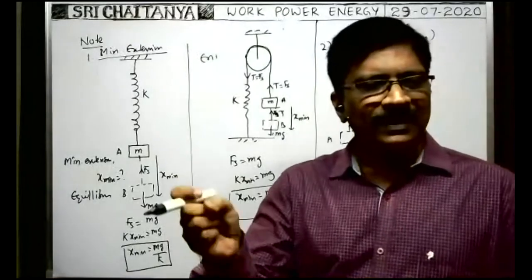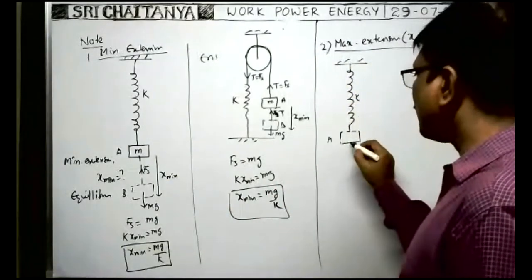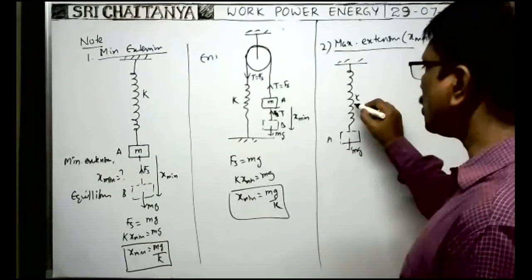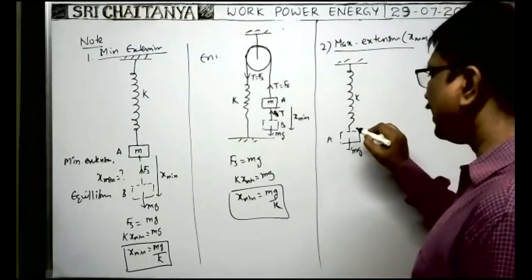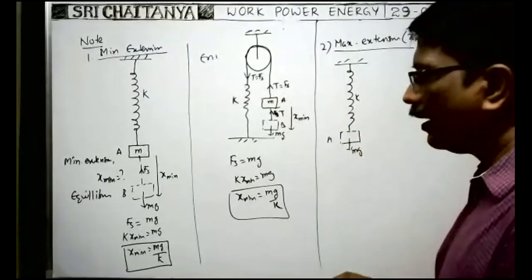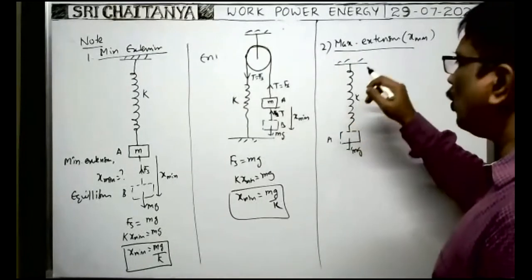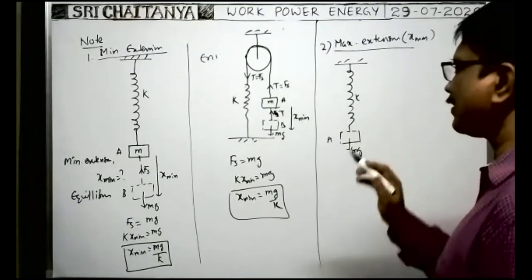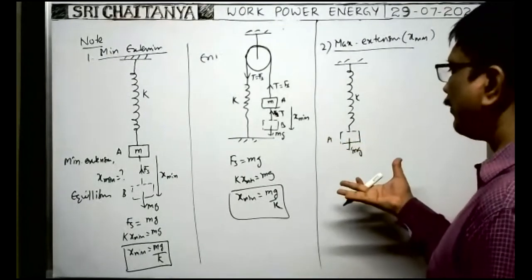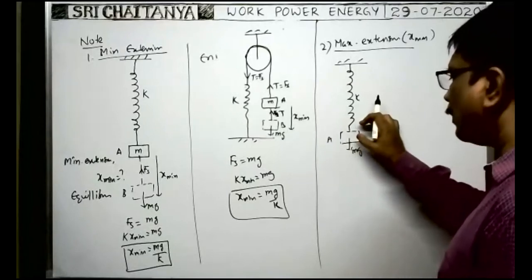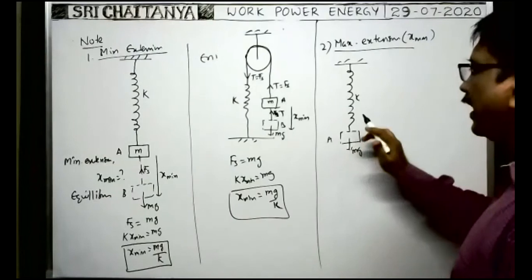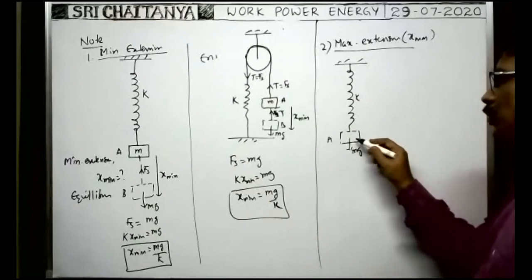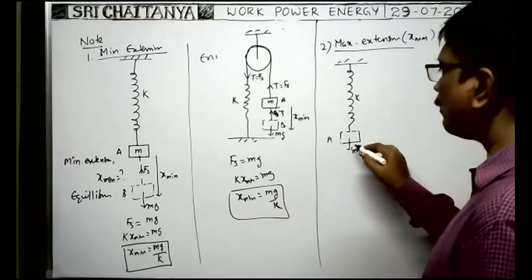We have to release suddenly now. Whenever the block is released suddenly, at first the weight of the block acts vertically downwards and no spring force is there, because the block is at this position, so that it is in natural length. At that time, on the block only weight acts. Now, whenever you release suddenly, then because of gravity, the block comes down. Whenever it starts moving downwards, at the same time, as the extension starts, the spring force developed acts in the direction opposite to the motion of the block. But initially, mg is greater than the spring force.